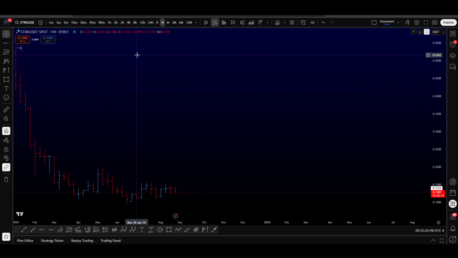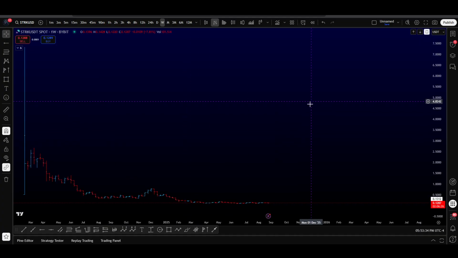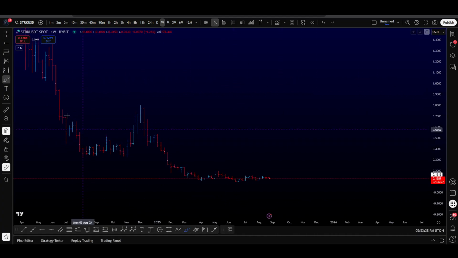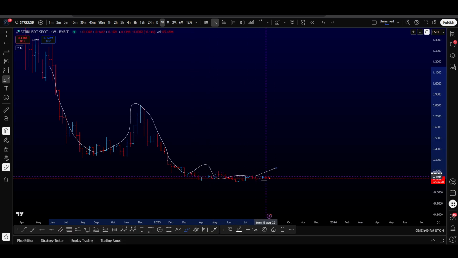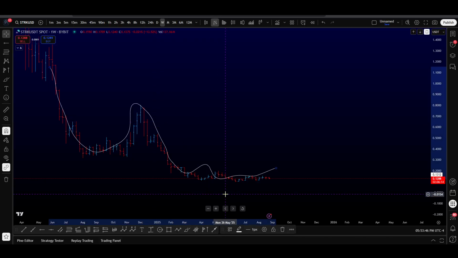Today I wanted to go over Starknet USDT on the Bybit chart. So it's been a while since I went over this project. Obviously, as you can see, it's just been in a massive downtrend for quite some time. Now, altseason is starting to pick up again, so I wouldn't be surprised if we see some bullish price